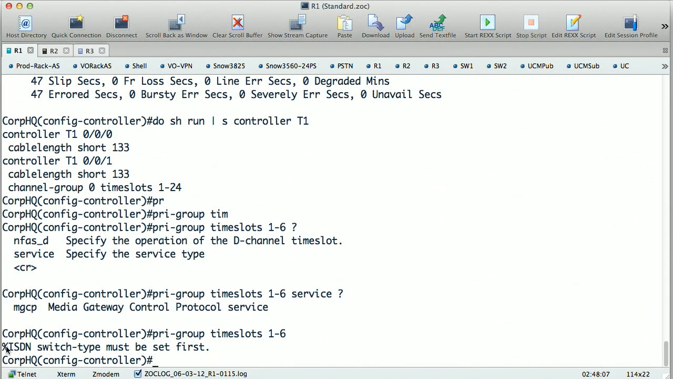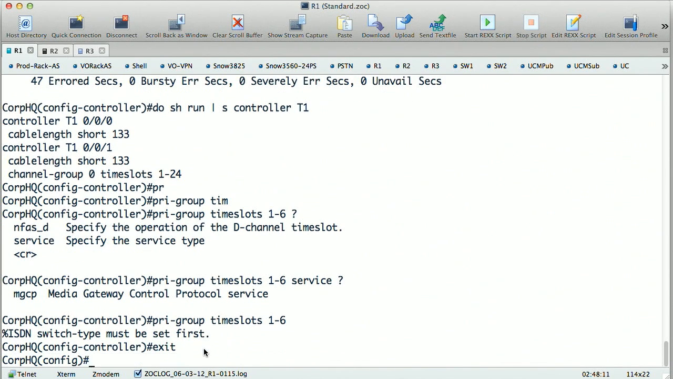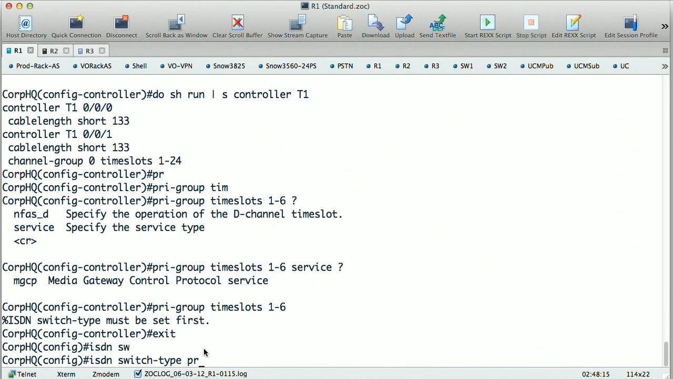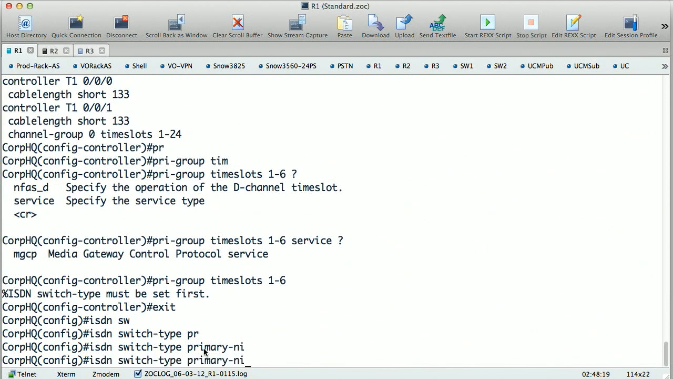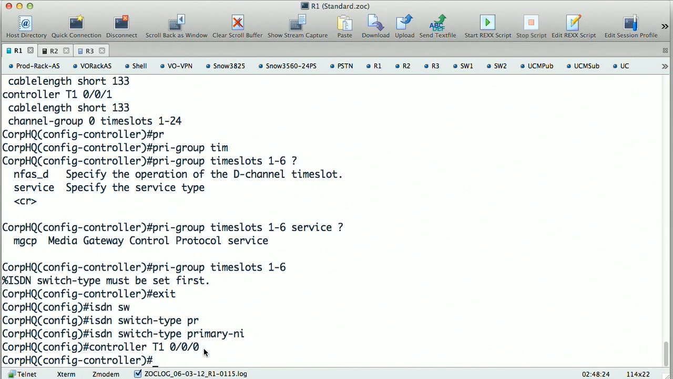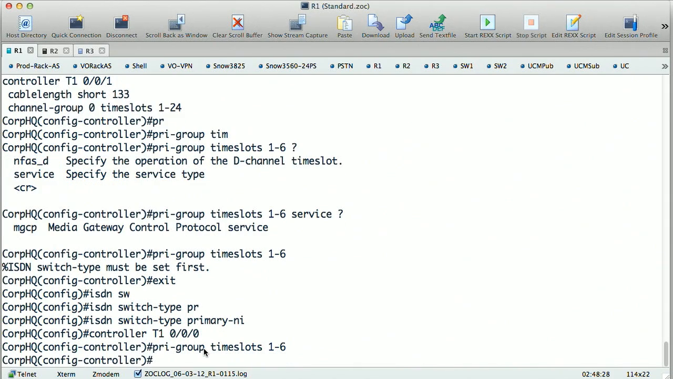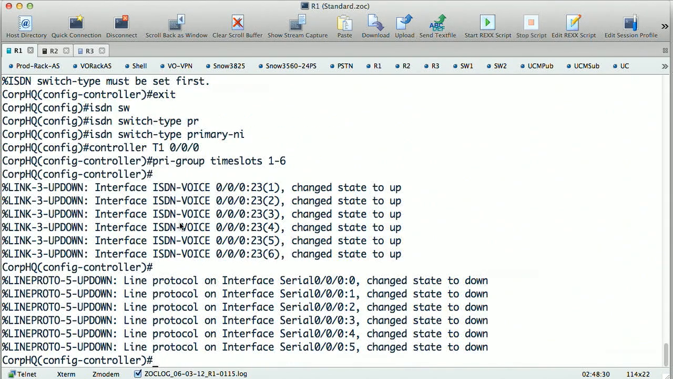And it tells us that the switch type must be set globally first. It doesn't say globally, but it is. So ISDN switch type, and this particular switch, the carrier informed us, was NI, or national. So I'm going to jump back into the controller, and I'm going to issue the PRI group time slots command again, and I'll notice that ISDN